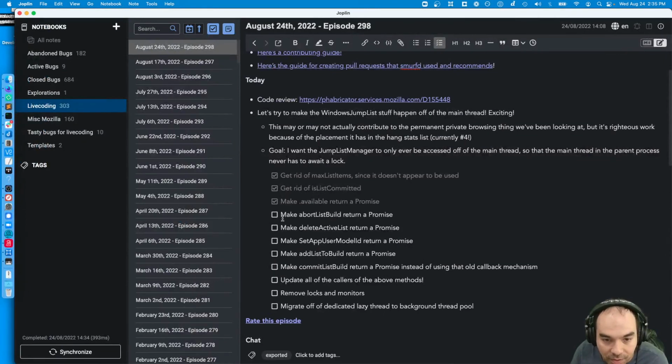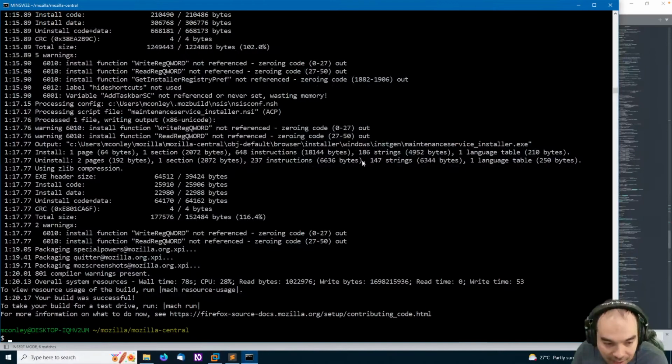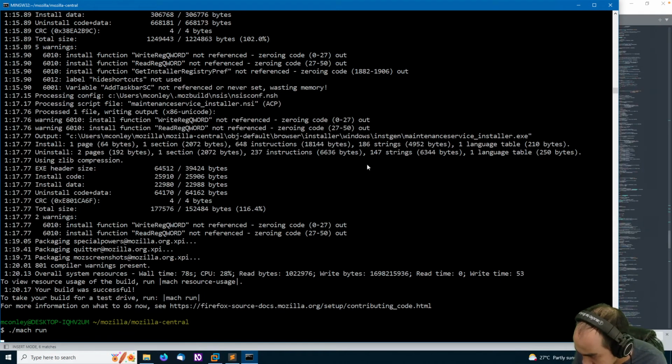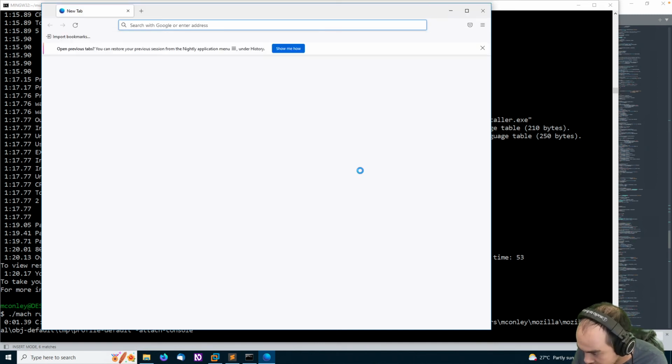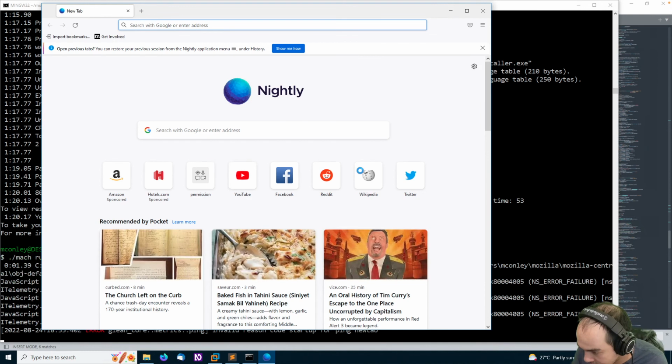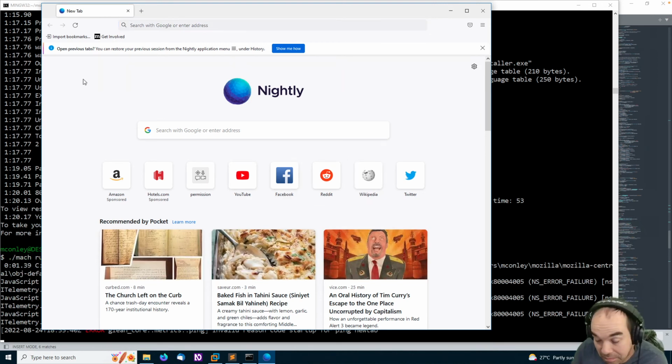So where'd we get to? Abort list build, delete active list. Let's just see what happens if I call those. Let's see if it crashes, and then I'm gonna end the stream here. It might be slightly unoptimized. I guess our value just prevented ref pointer to increase and decrease the reference count. Oh, I see. Okay. Well, we're doing a different optimization here, gang.